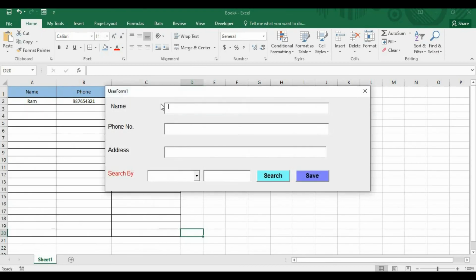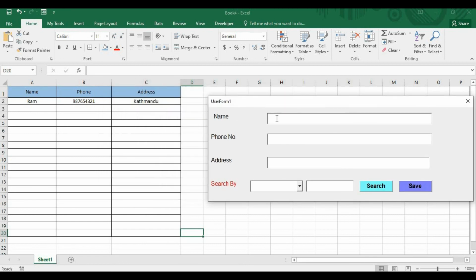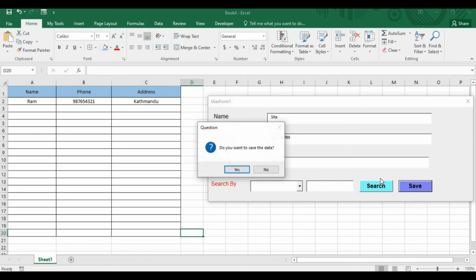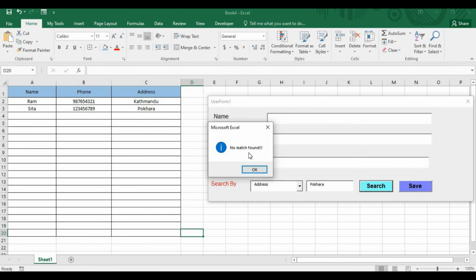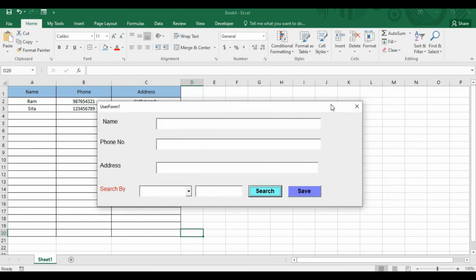Now run this code. First we'll add another data. I'll type here Sita. We have to increase the font of these text boxes, yes. And phone number 123456789, this is a dummy phone number, and address Pokhara. And when you click on the save button, our data will be saved on our worksheet. Yes. Now if you want to search by address, Pokhara. Oh, what happened? No match found. I think I have made a mistake